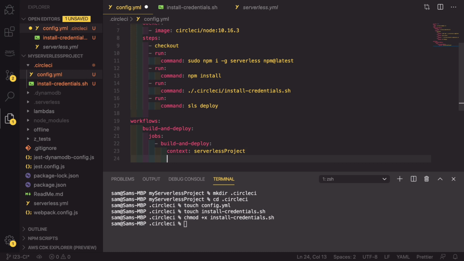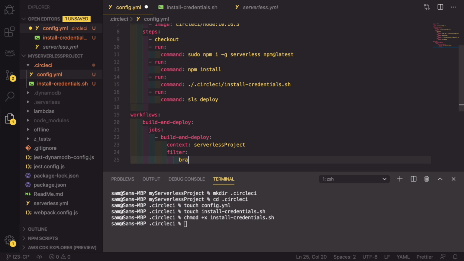As well as the context, we only want to deploy this when a certain branch is pushed. This will help you if you have lots of different branches that you are pushing up to, but only actually want to deploy from a subset of them. For example, only from the dev, QA, pre-prod and prod branches, because you would have feature branches such as dev-new-endpoint. These you don't want to have a deployment every time that you push, so you can set a filter, and this filter is on branches,